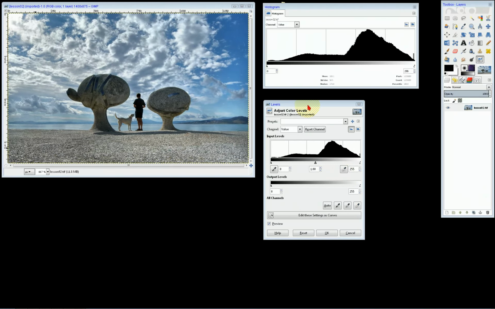This tool is more sophisticated than the brightness contrast. This dialog has quite a few things inside, the most important of them being this area named Input Levels.